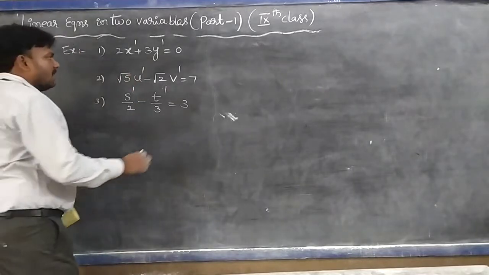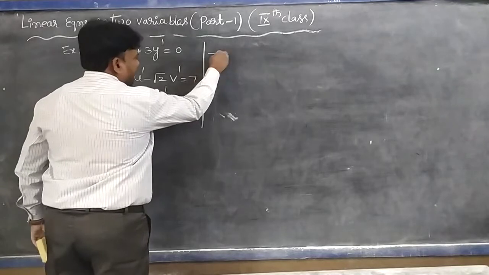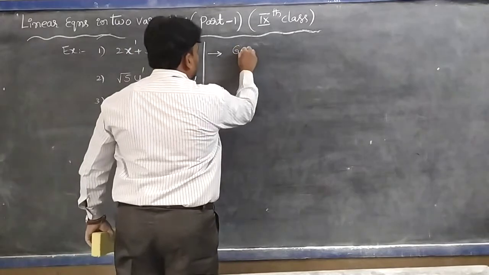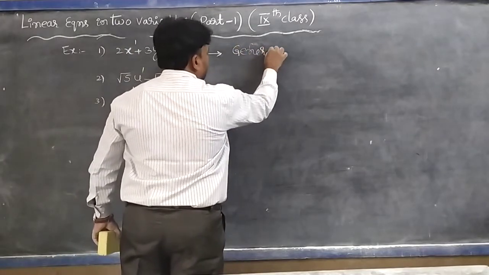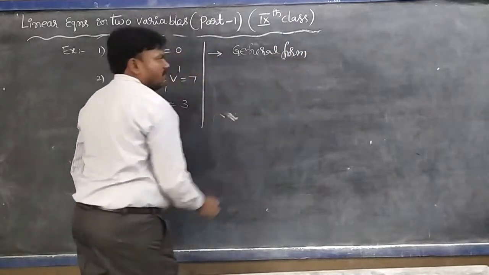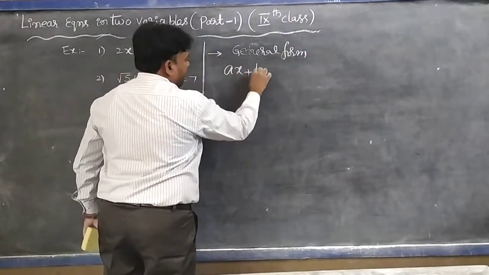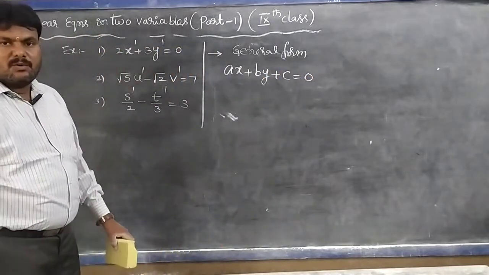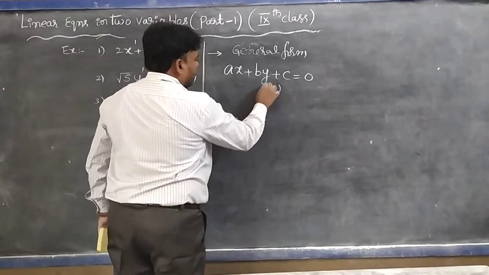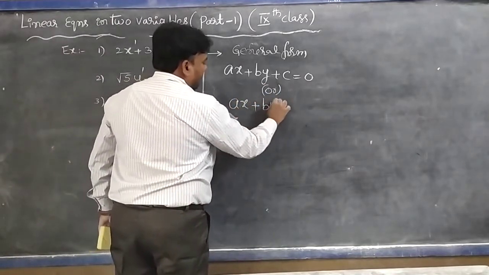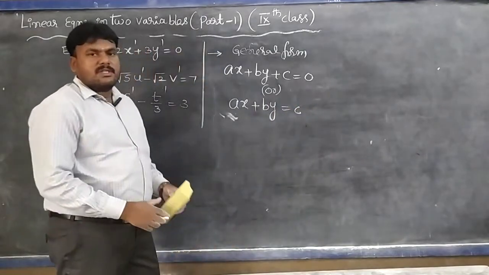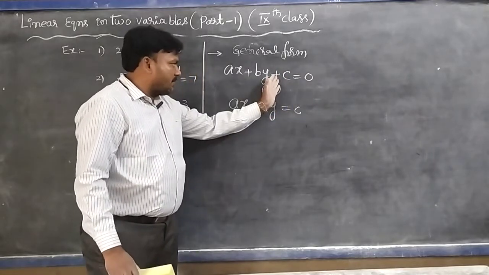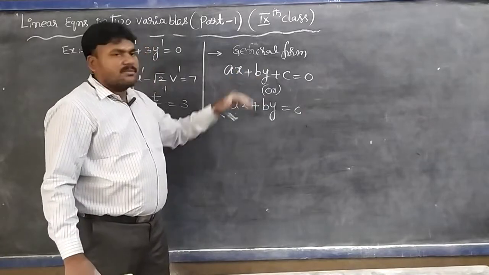Okay students, observe the conditions. Here, apply the general form of a linear equation in two variables. What is the general form? It is very, very important, students. The general form of a linear equation in two variables is ax plus by plus c equal to 0, or another way, ax plus by equal to c. Some students think plus c transferred to the right side becomes minus. No need. The constant value, either in the left position or in the right position, both are general forms and are equal.